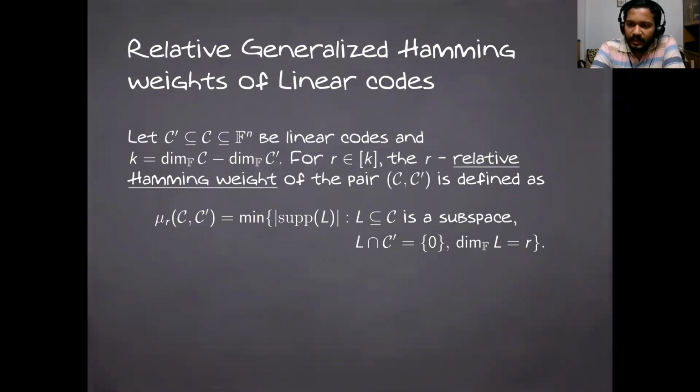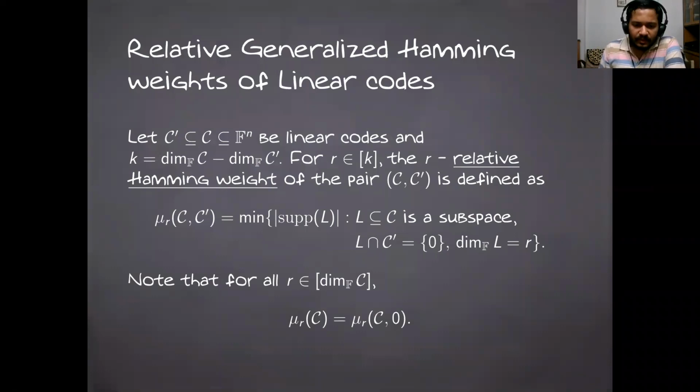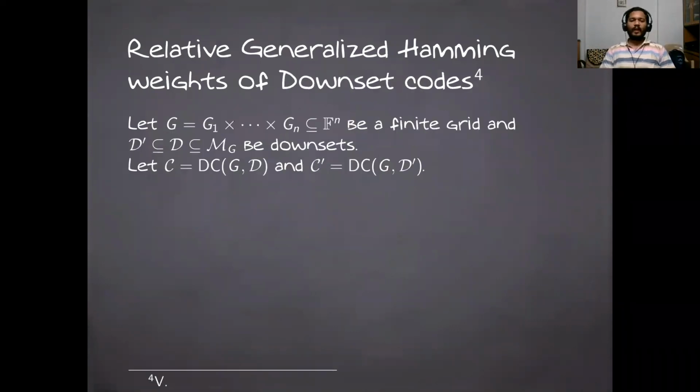Okay, so it's a slightly more general concept, and it might look abstract in this sense, but it's very useful when it comes to polynomial-based evaluation codes, because the relative generalized Hamming weights enable us to characterize the behavior of polynomial codes when it comes to certain decoding settings like list decoding, local decoding, etc. So they have applications in some sense. These are generalizations of generalized Hamming weights in the sense that the generalized Hamming weight is just the pair C with 0. So the smaller subspace that you take is trivial.